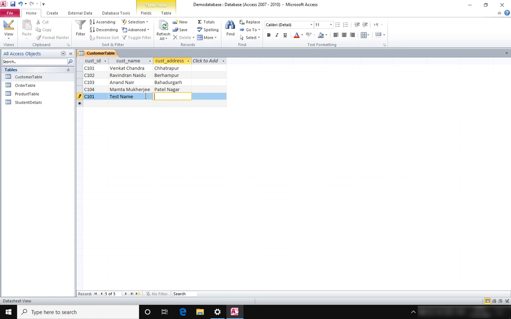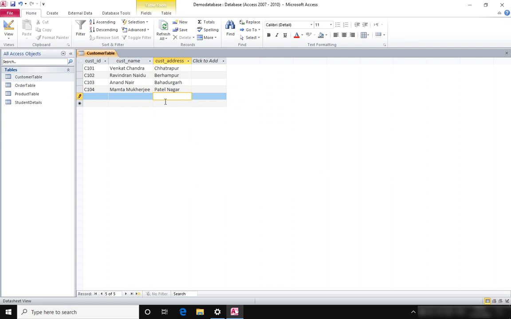When I delete this, there is no problem. This one also, no problem. Then finally delete the ID column. Now try to move to the next row. No, we cannot do that either. Why? Because an index or primary key cannot contain a null value. Null value means no value.